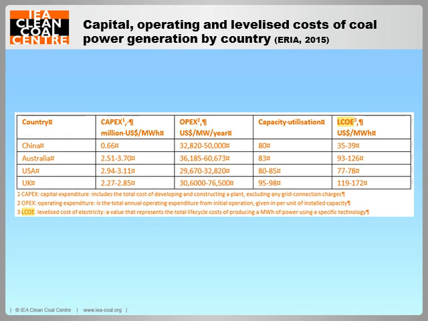This slide shows you the capital, operating, and the levelized costs of electricity in selected countries. The extremely low capital costs in China make it the cheapest country in which to generate power from coal. Coal plant capital costs are approximately $0.66 million per megawatt, which is roughly 80% below the global average. When coupled with imported fuel costs, for example from Australia, the levelized cost of electricity for Chinese coal are as low as